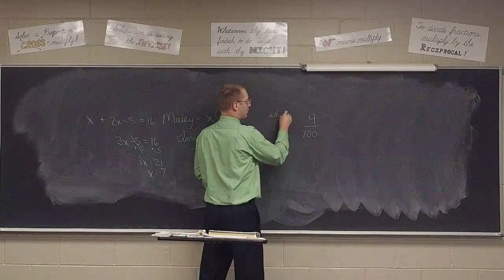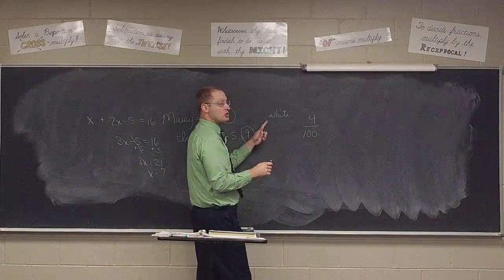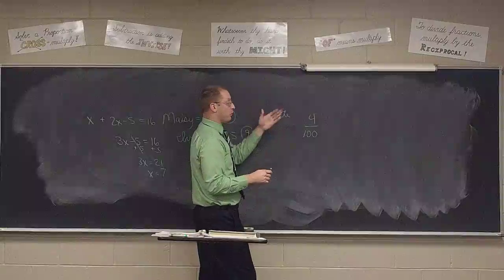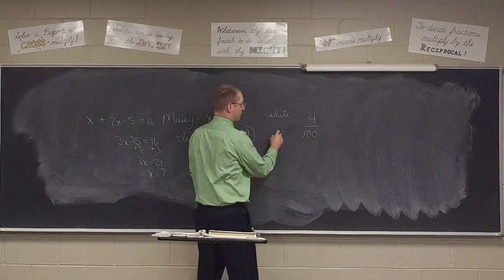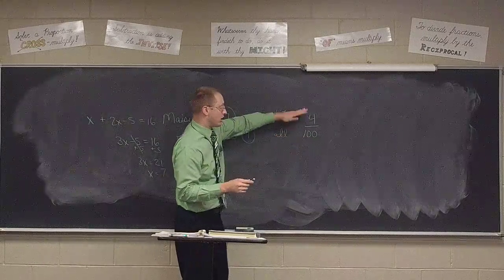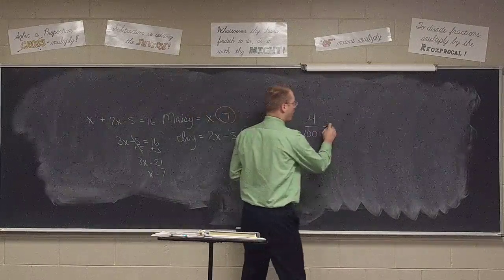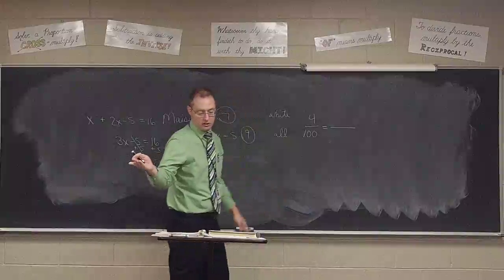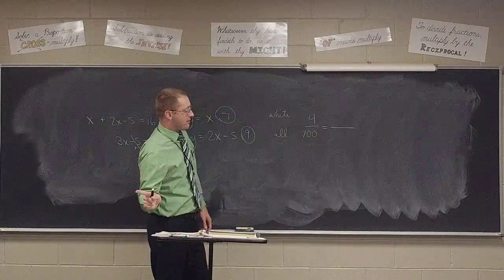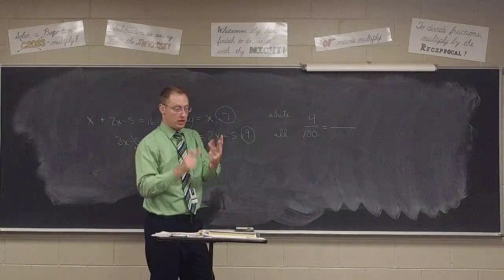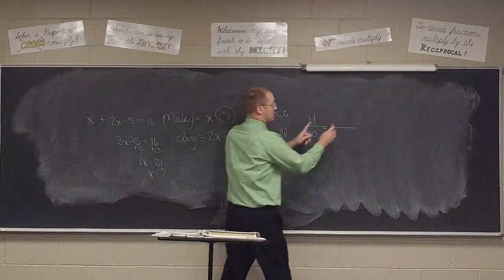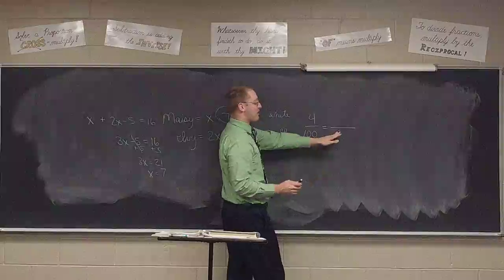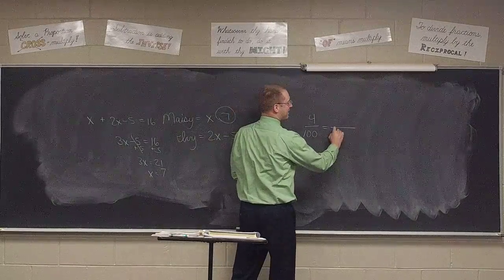White tigers to regular tigers. It's 4 out of 100. So 4 tigers are white out of every 100 total tigers. These are all the tigers in the world. 4 out of every 100 are white. So the other number they give us is 5,000. The 5,000 is to represent white tigers, orange tigers, or all tigers? All tigers. So the denominator, or the consequent, excuse me, over here is also going to be 5,000,